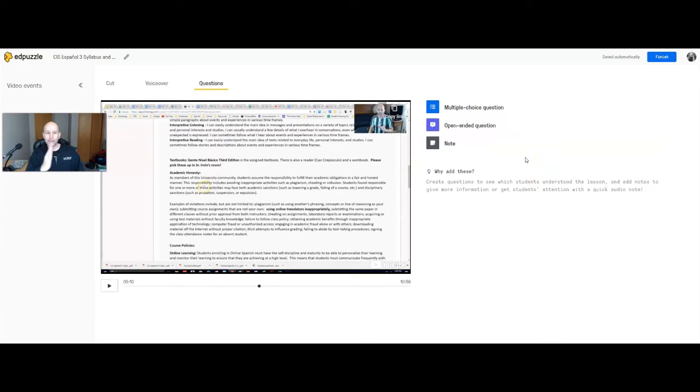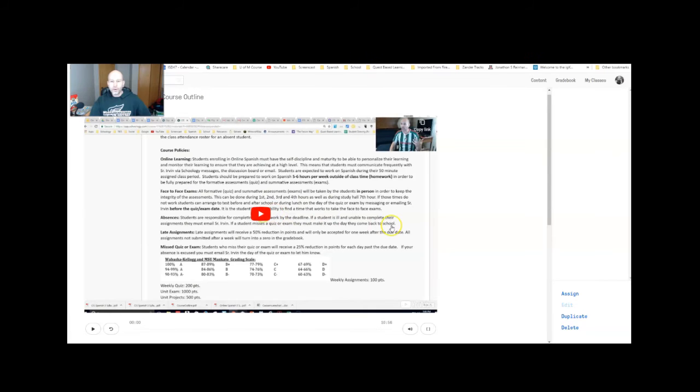specific part, and it basically pauses at the questions or on the notes. On the questions, it actually makes them respond to a specific question. On the note, it just pauses it, they can read it, and then they can go ahead and move past it there. Okay, so once you get to this point, you've created the video, you added some things inside of